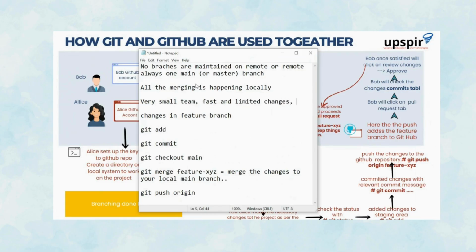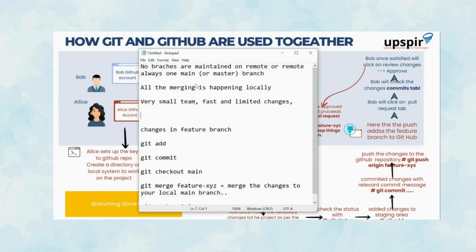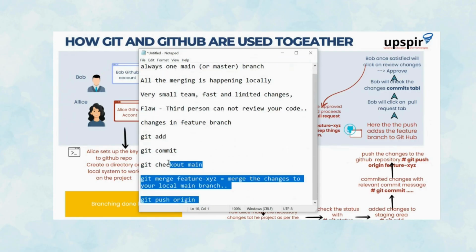because there's a flaw here, right? A third person cannot review your code. So this is a flaw. When we are doing things the other way, someone else can come and review your code, see what you have done, whether it's right or wrong. So this is one part that I